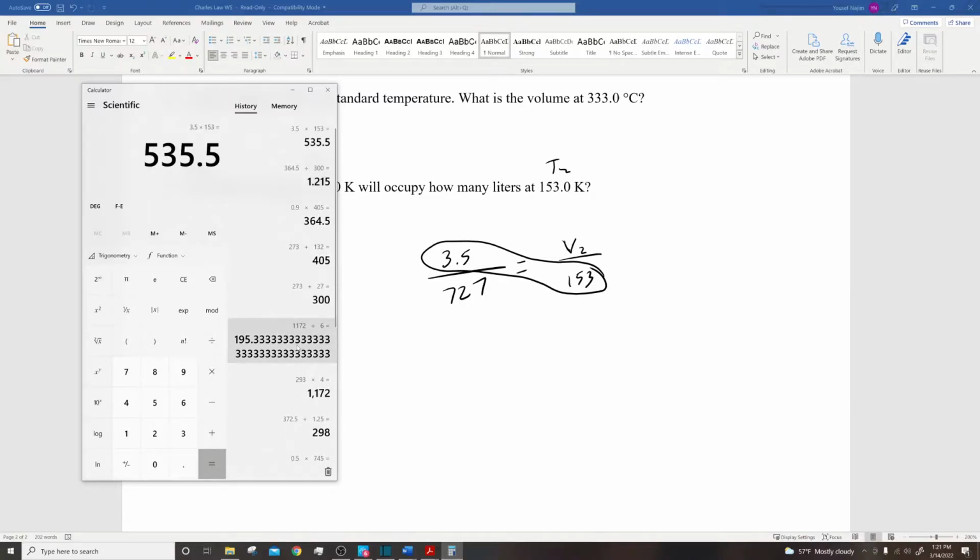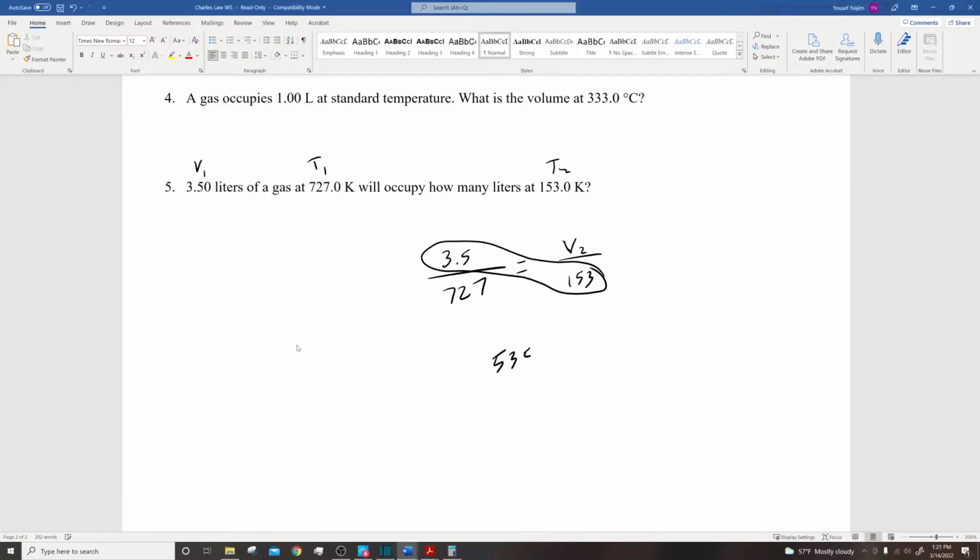That's 535.5. And then we got 727 times V2. So this equals 727 V2. Then we isolate the variable, so we're going to divide both sides by 727. This is going to cancel. And then our final answer will be